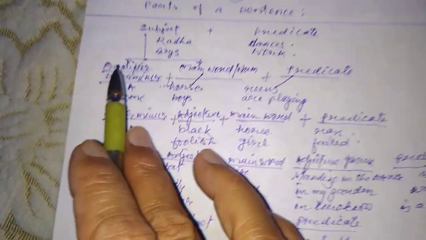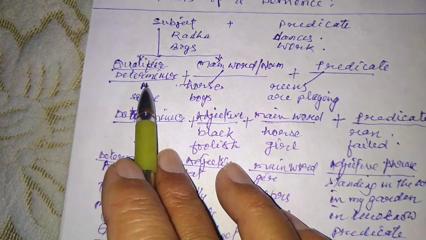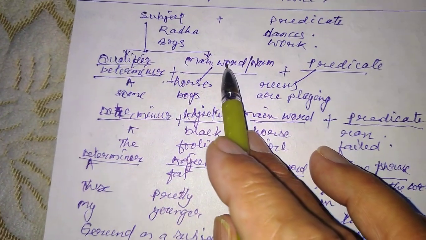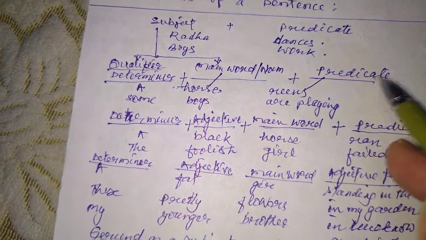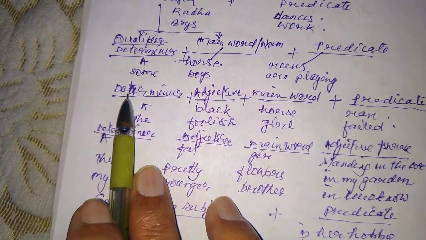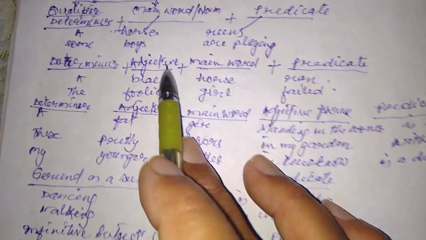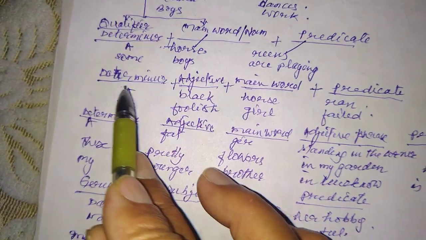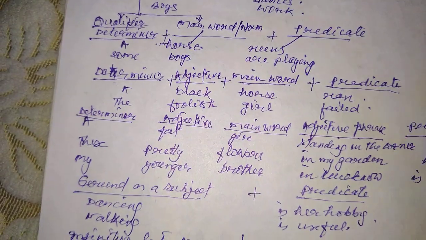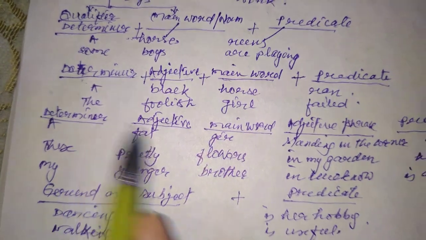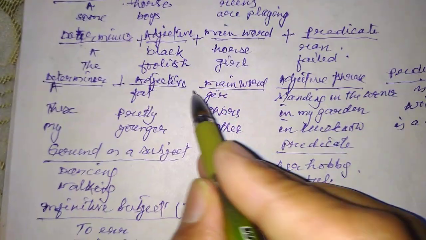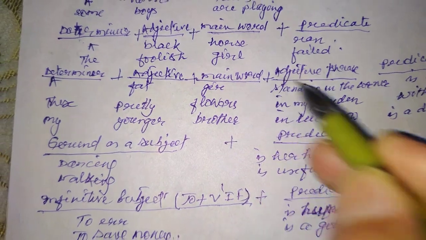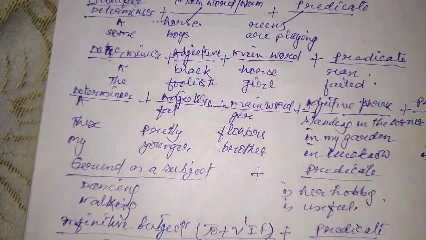वाक्य को हमने डिफरेंट हेडिंग्स में पढ़ा. पहले तो हम केवल सब्जेक्ट और प्रेडिकेट ही कहते थे, लेकिन सब्जेक्ट को भी हमने फर्दर डिवाइड किया था, लाइक क्वालिफायर और डिटरमाइनर, और मेन वर्ड और नाउन, एंड देन प्रेडिकेट. देन फर्दर वी स्टडीड डिटरमाइनर. उसके आगे एक और एडजेक्टिव लगा सकते थे और मेन वर्ड लगाते थे. इसको 3 पार्ट में डिवाइड किया हमने. प्रेडिकेट को एक ही रखा. फिर इसको 4 बना दिया हमने, सब्जेक्ट को 4 पार्ट में. डिटरमाइनर, एडजेक्टिव, मेन वर्ड, adjective phrase, and the predicate at last.